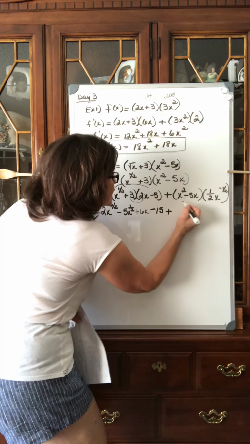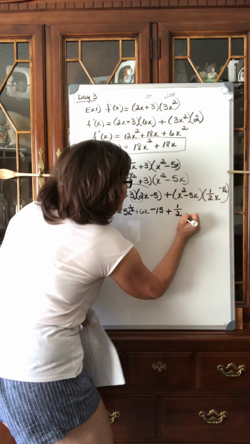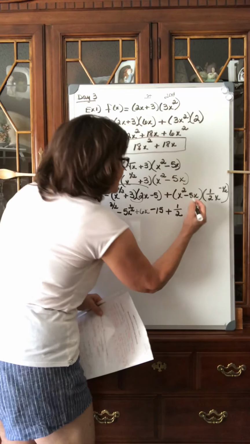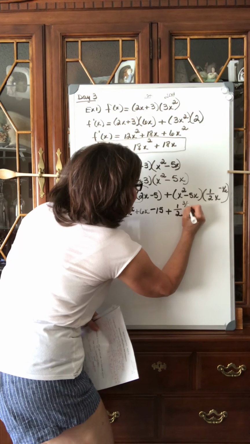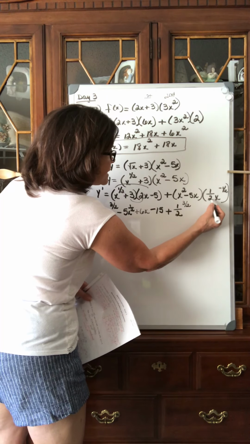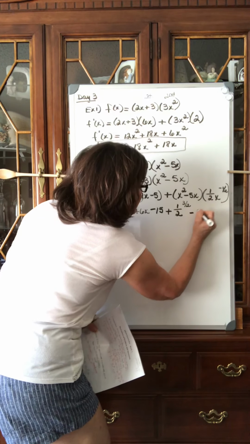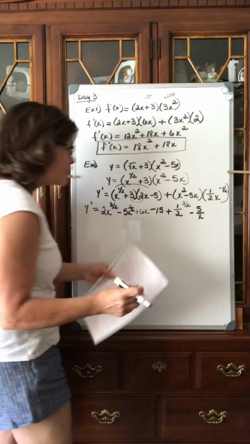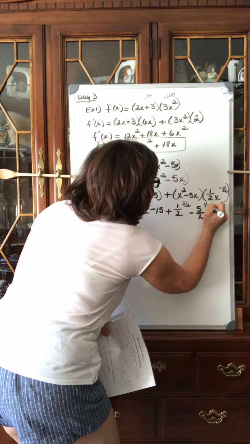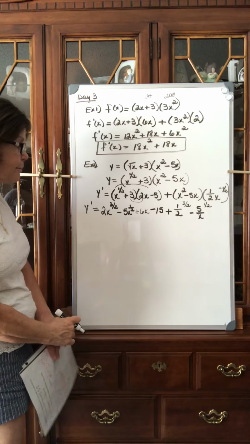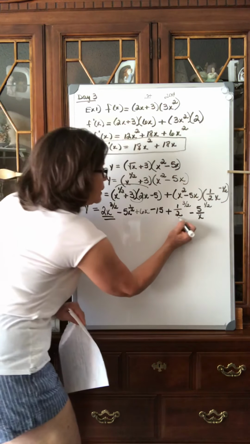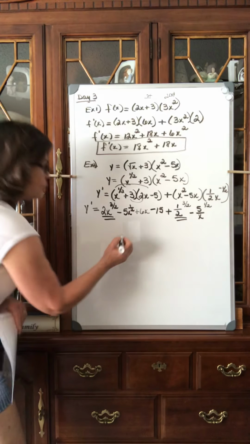So it'll be plus 1 times 1/2 is 1/2. Add your exponents. If you have 2 plus a negative 1/2, that adds up to be 3/2. And then negative 5x times 1/2 x to the negative 1/2 power is going to be negative 5/2. Add your exponents. This is a 1 minus 1/2. This will be to the 1/2 power. Combine like terms. So this 2x raised to the 3/2 power and this 1/2 x raised to the 3/2 power,